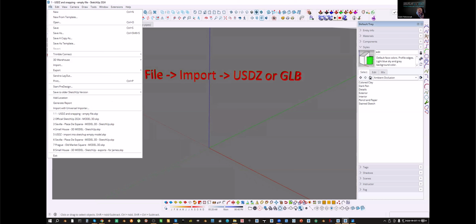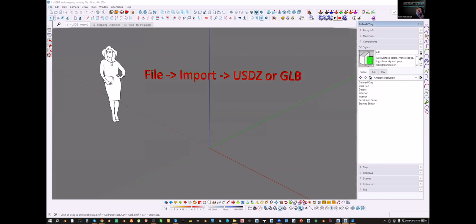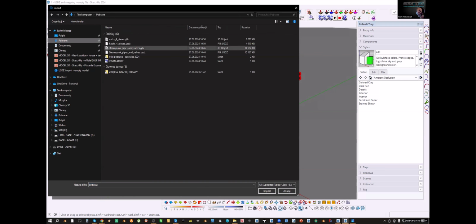So let me go to File, and GLB is similar. It's a format that comes as just one file, and the textures are inside. So I'm going to go to Import, and now I prepared some steampunk pipes, with which we're going to show a feature from version 23, snapping. Not many people use it, but I think it's very, very useful. So I'm going to hit Import,